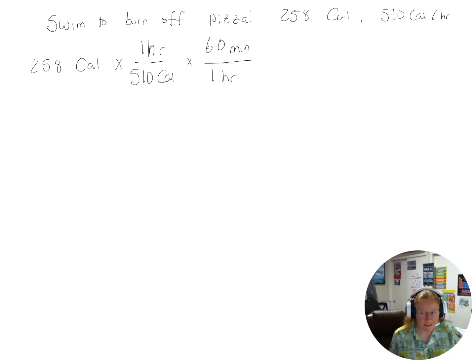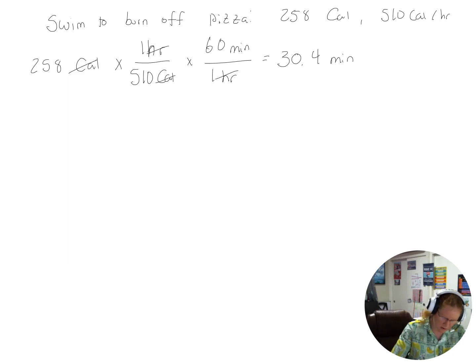So again, what I'm doing is called a conversion. And if you look, calories and calories will cancel, hours and hours will cancel, and I'm left with minutes. All right, so what I get is 30.4 minutes. So the average person would have to swim for approximately just over a half hour to burn off the calories from the pizza. All right, now let's do walk